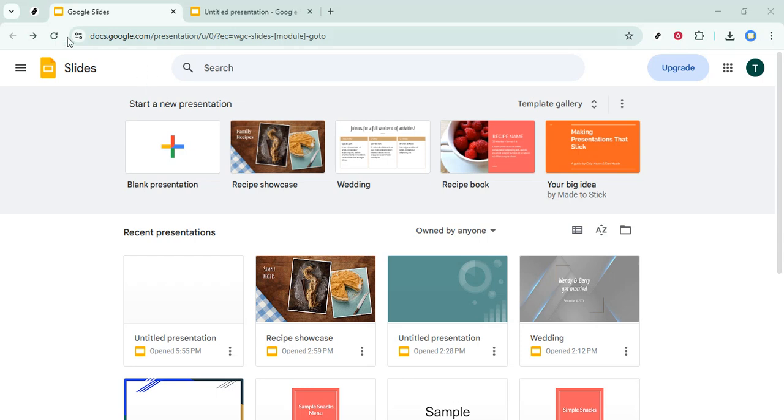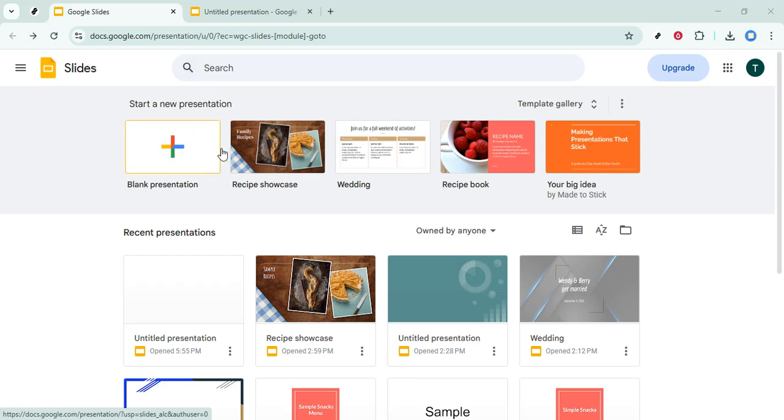First, head to Google Slides in your web browser. If you're not already on the home page, you can navigate to the Slides site and make sure you're signed in so everything saves automatically. To keep things clear, start fresh by choosing blank presentation. You can apply the same approach to any existing slide, but a blank canvas makes it easy to see what's